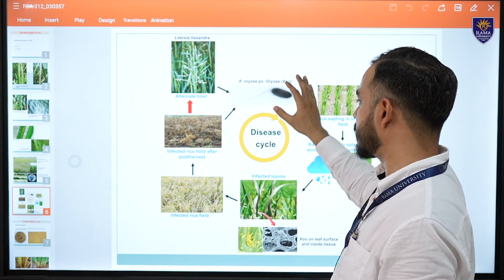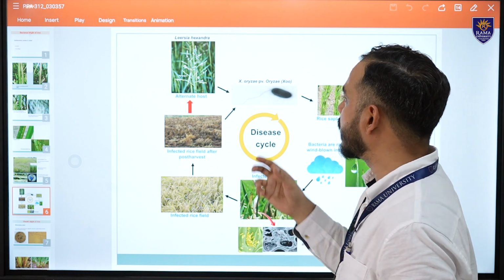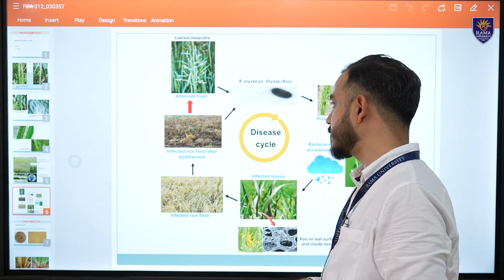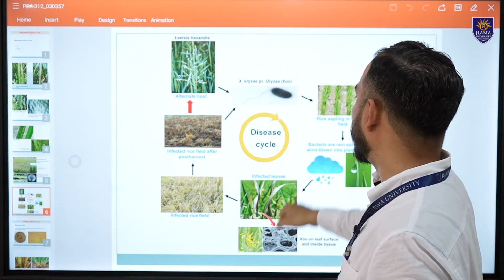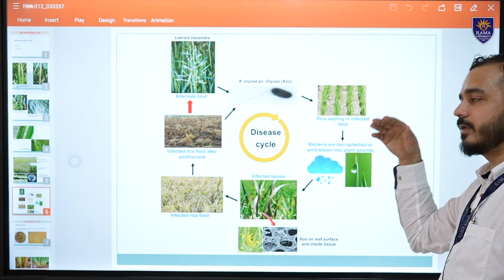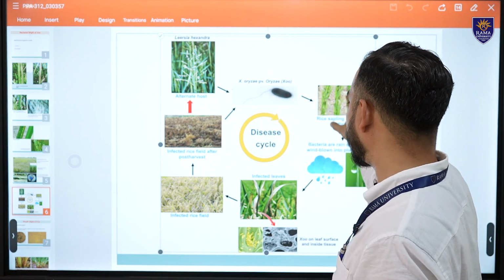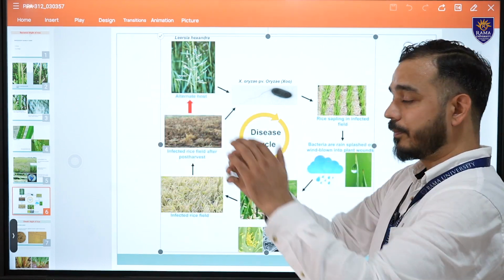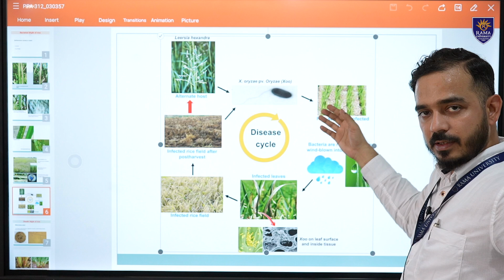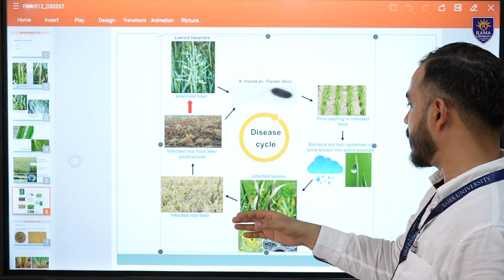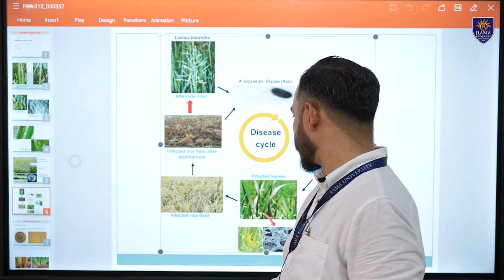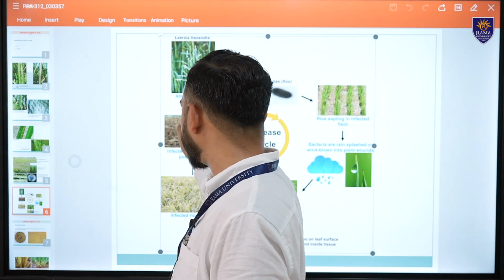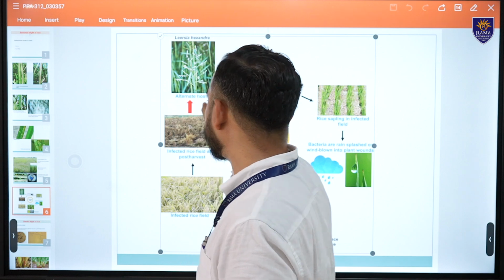Now, if you want to summarize the disease cycle, the pathogen survives on the leftover crop debris or rice stubble in the fields, or it survives on the alternate host, then it will transfer to the rice field in the nursery area or after the transplanting. If they infect here, they will produce the kresek symptom, and if they attack the mature plant, they will produce the blight symptom. Okay. So, then once one plant is infected, from the infected one the bacteria will be transmitted or spread through wind or rain splash or the irrigation water. So, ultimately the bacteria will survive in the stubbles or the alternate host. So, this is about your disease